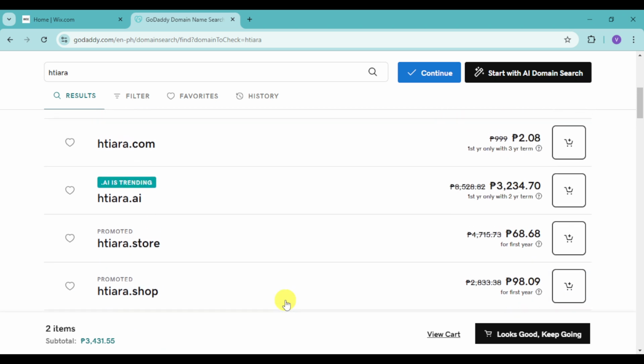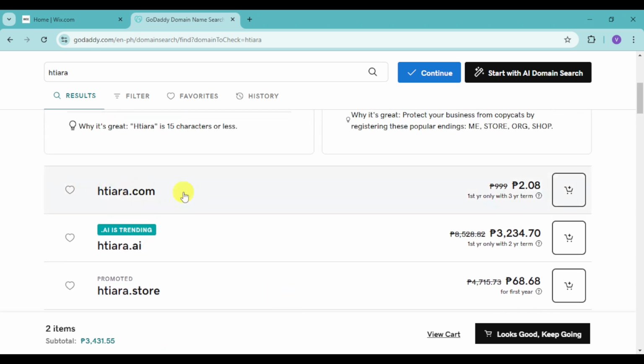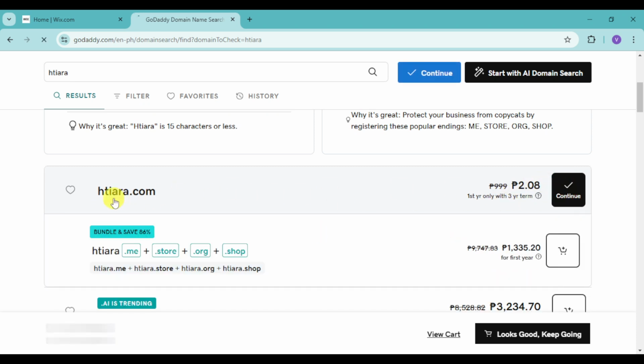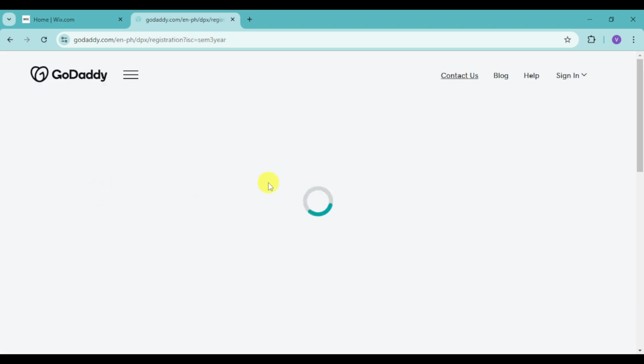So just choose which one you want to use. For example, let's use in here the .com option. Let's click on this plus icon. So it will add this to your cart. Now, once it's been added, just head over and click on this continue option in order to actually purchase this